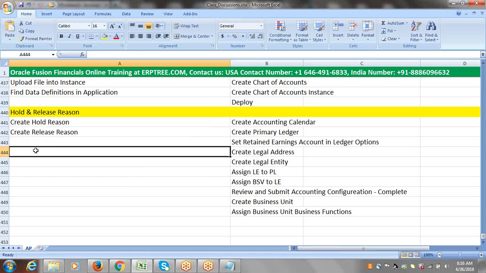And after creating that, for testing purpose we'll go and create invoice and place hold on invoice,